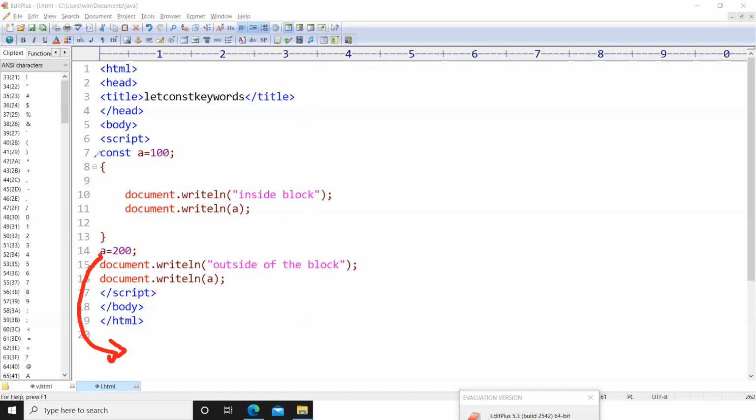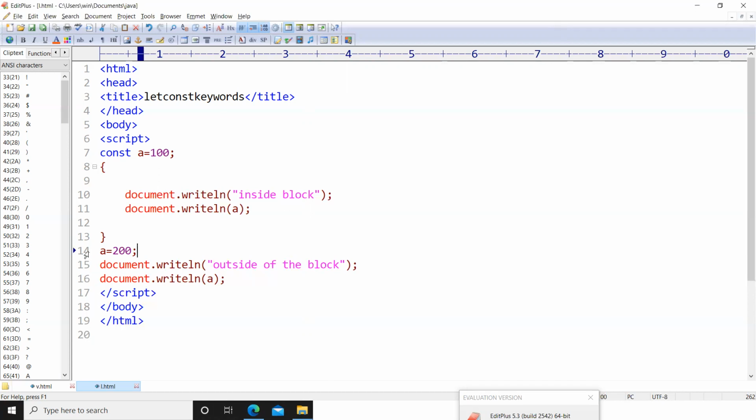So when we use this constant keyword, we are not allowed to change the value of A throughout the program. If we try to change the value of A, we will be out of the program without displaying any error or any output. Now you can have some clear idea of how the constant keyword can be used in order to define a variable as constant.